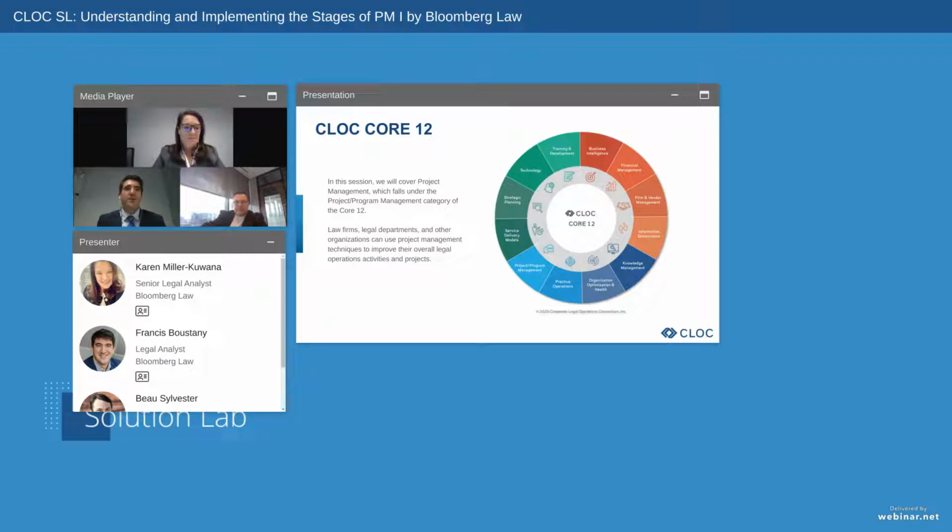Absolutely. And I know that project management and program management are only one part of the 12 different topics. Can you tell us a couple examples of how they intertwine and how project management and program management kind of apply across the board there? Sure, absolutely. Let me give you a specific example.